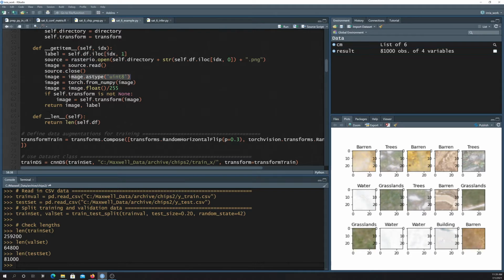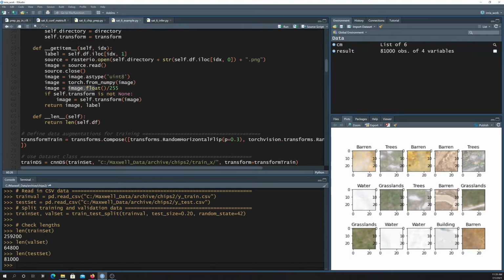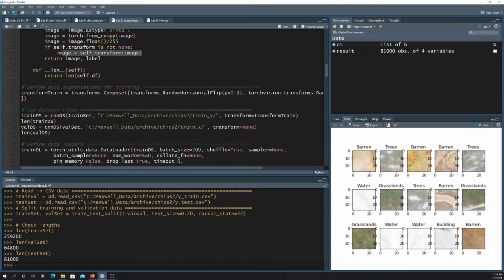So then I use the from NumPy method from Torch to convert it into a PyTorch object. And then I convert it into float and divide by 255 to rescale the data from 0 to 255 to 0 to 1 as a float. And then if I'm going to apply any transforms, the transforms are applied, and then lastly I return the image